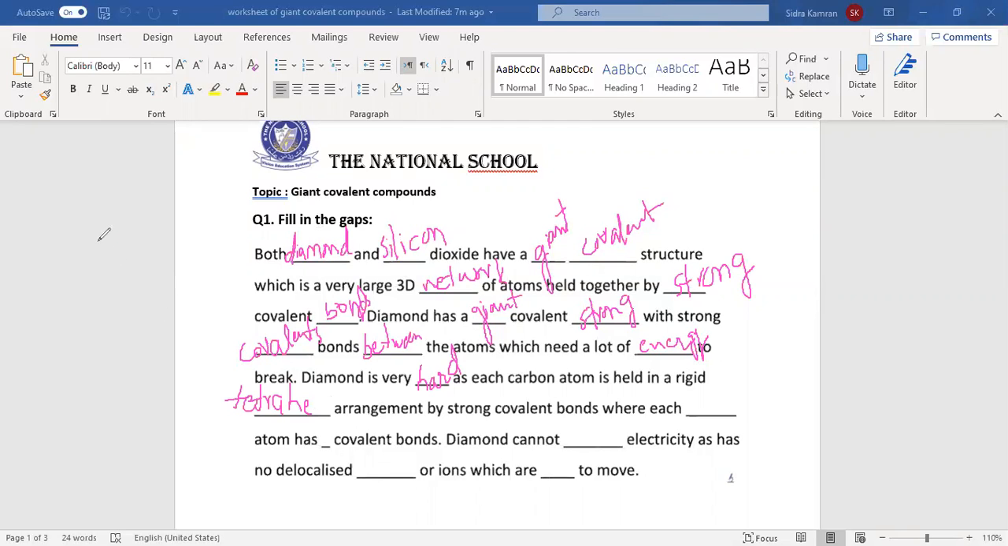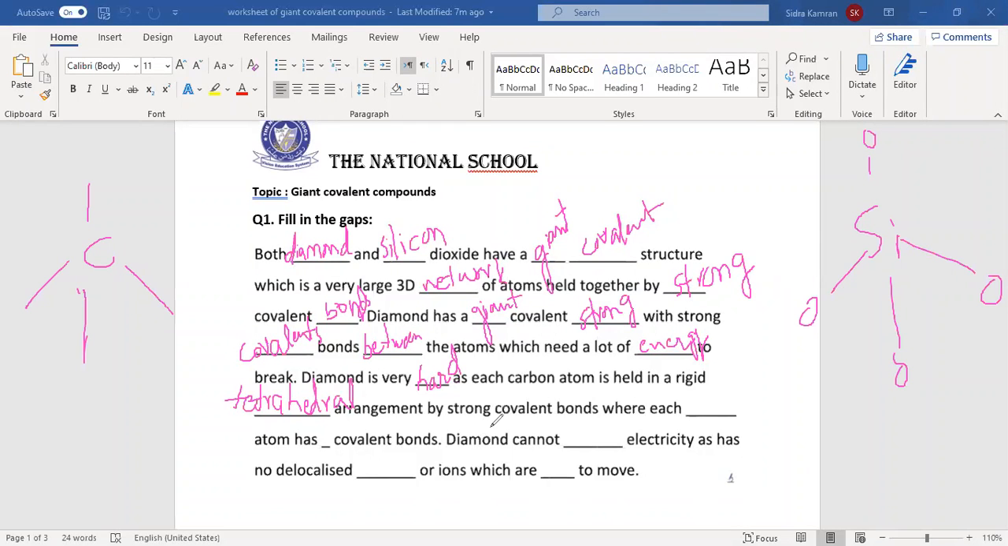In diamond, each carbon is attached to 4 other carbons. That's why it is called tetrahedral. In silicon dioxide, one silicon is attached to 4 oxygens. That's why it is also called tetrahedral. 4 bondings, so tetrahedral